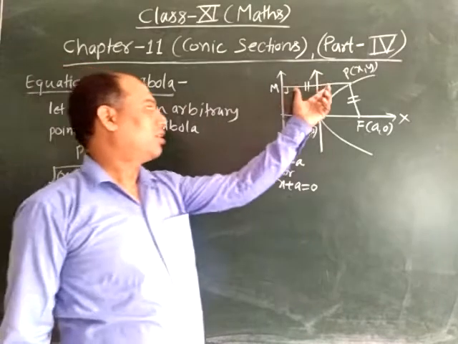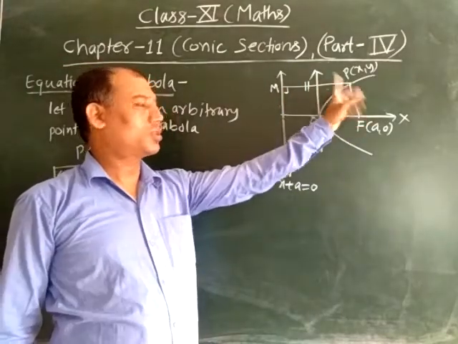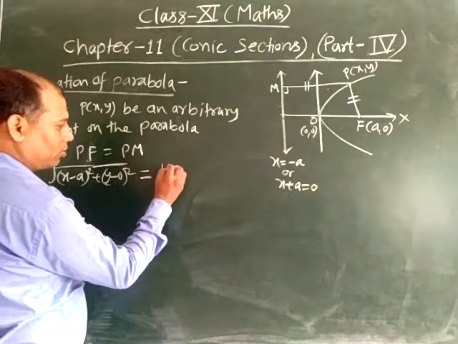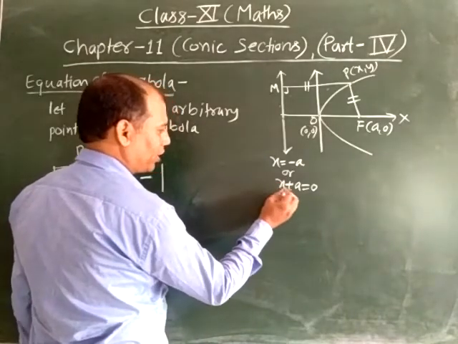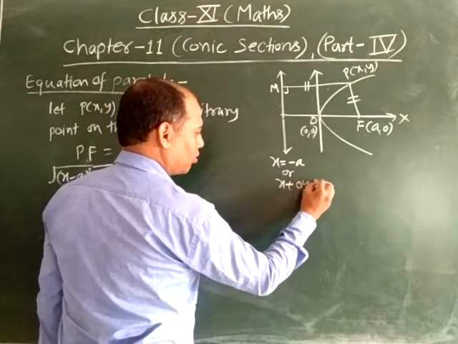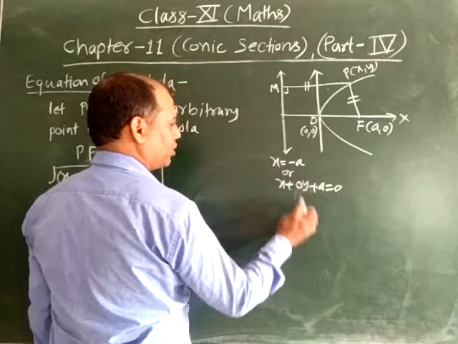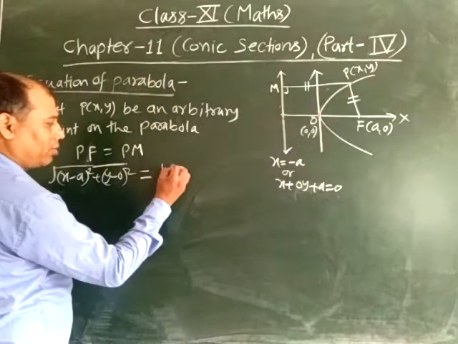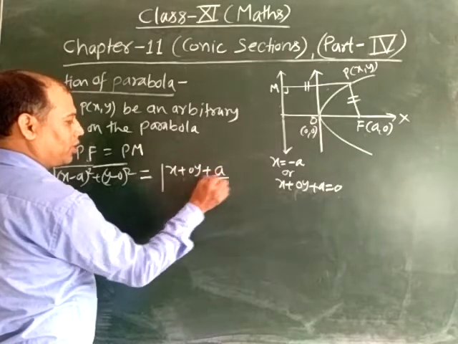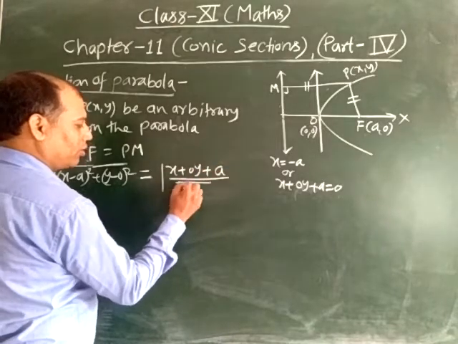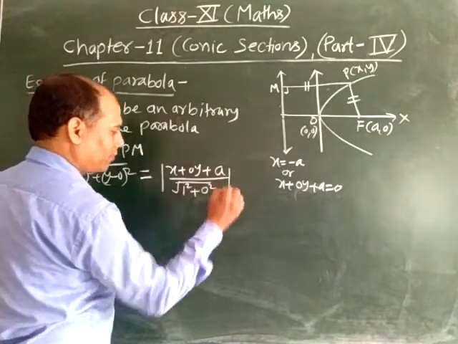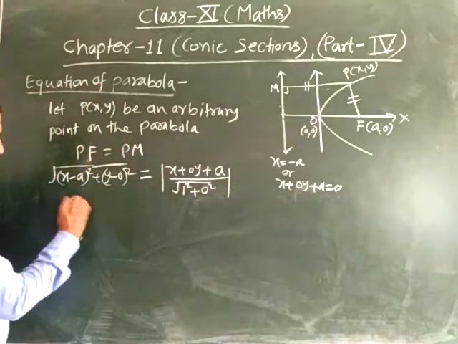And PM is the distance of this point from this line, which can also be written as x plus 0y plus a equal to 0. Now the distance of this line from this point can be written as modulus of (x plus 0y plus a) upon the square root of the coefficient of x squared, which is 1, plus the coefficient of y squared, which is 0. Now squaring both sides,